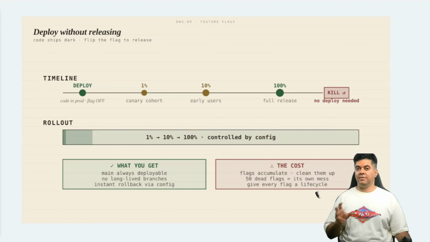This matters for maintainability because it removes the long-running feature branch problem. Long-lived branches are a maintenance nightmare. They drift from main, merge conflicts pile up, integration bugs accumulate. Feature flags let you merge small increments continuously, keep main always deployable, and control what's actually live through configuration rather